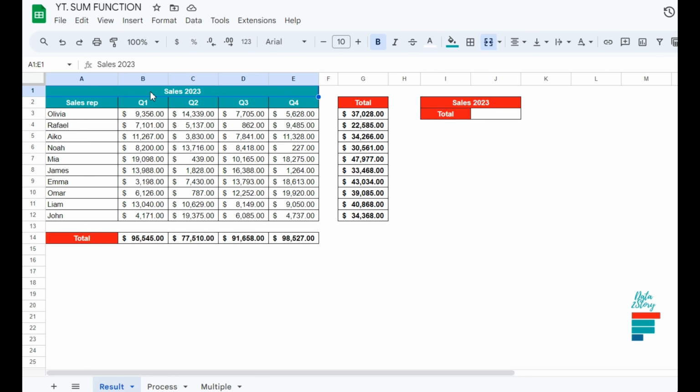In this video, we're gonna see how we can use the function sum. So we're gonna sum colon B to E. We're also going to see how we can sum the line from Olivia to John. And we'll also see how we can